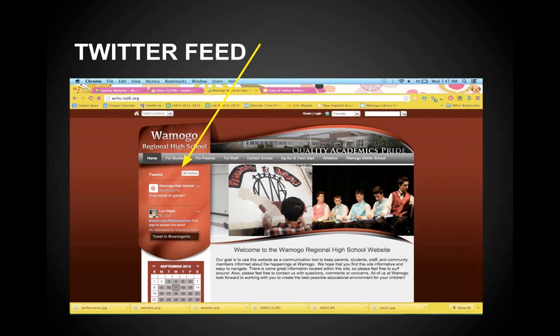I know, for example, I had really very long meetings today, so I was not in very many classrooms, but the teachers were tweeting to Wamogo RHS, which is the other Twitter handle I have, and I was putting them up on Twitter, which is great because they want to share what's going on in their room too, and it's really changed the practice on some level to be visible about what we're doing in our classrooms. But let me move